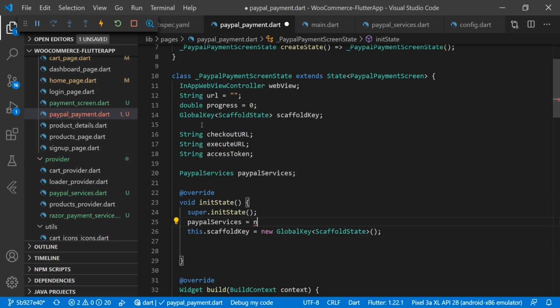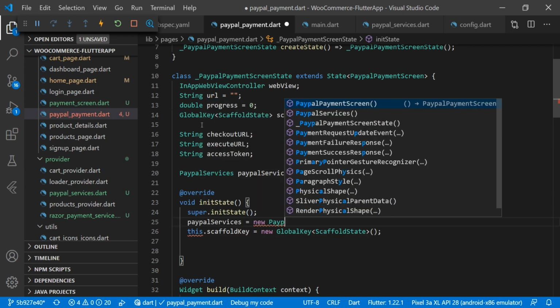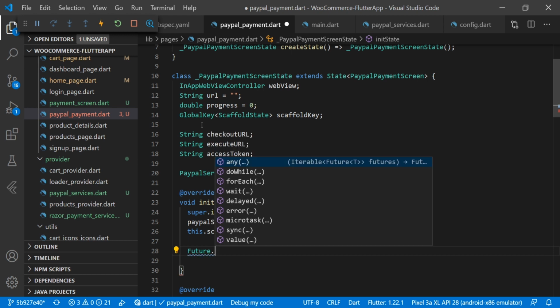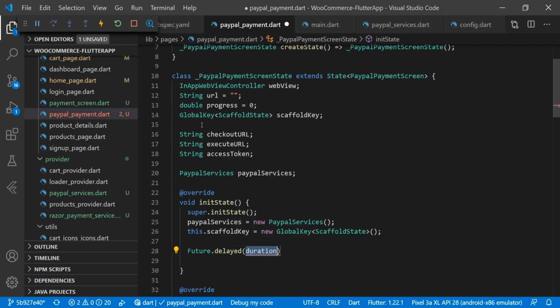PayPal service is equal to new PayPal service, and here we will do future dot delayed, and duration we are using here 0, and we are doing it async.